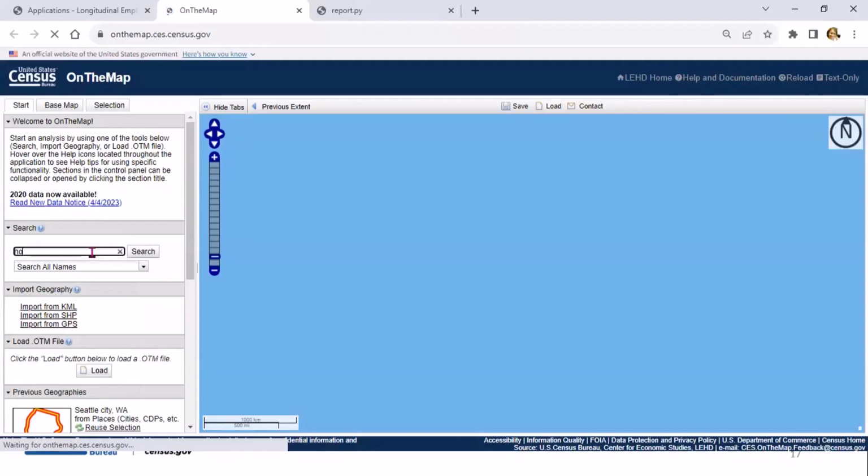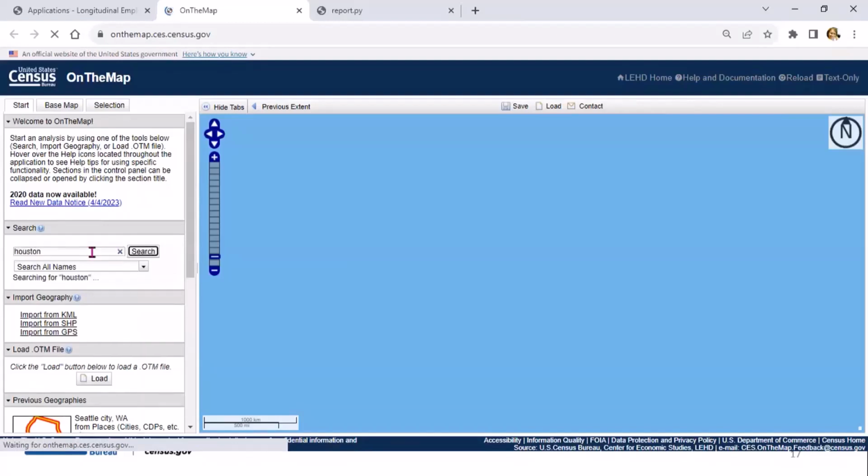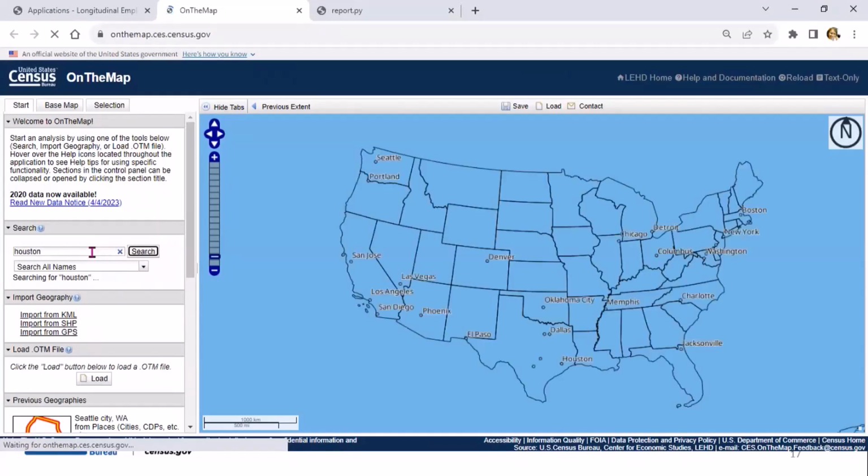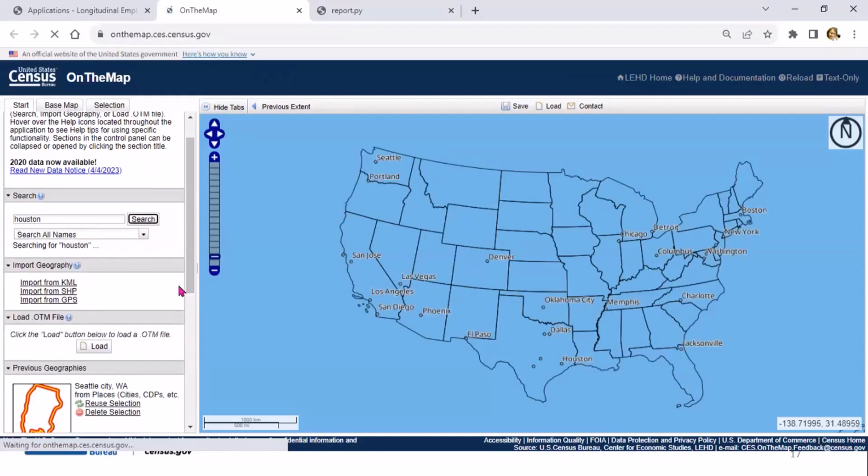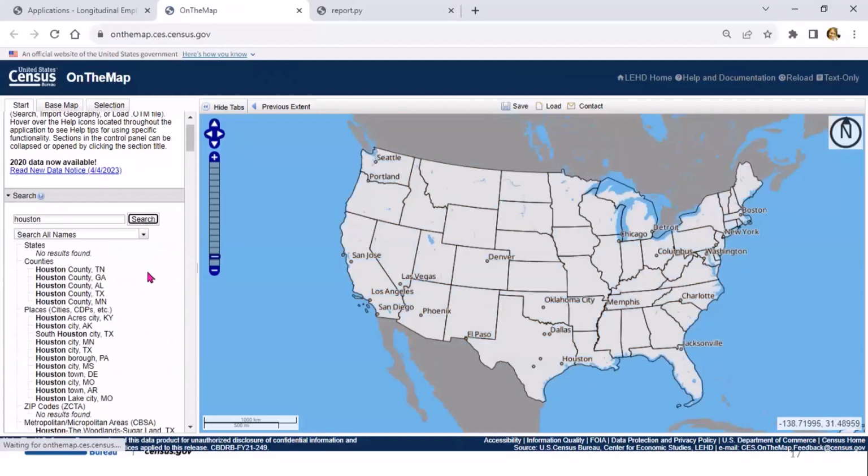So we're going to type in Houston, and click enter. Once that happens, under places, we'll go ahead and click on Houston City, Texas.